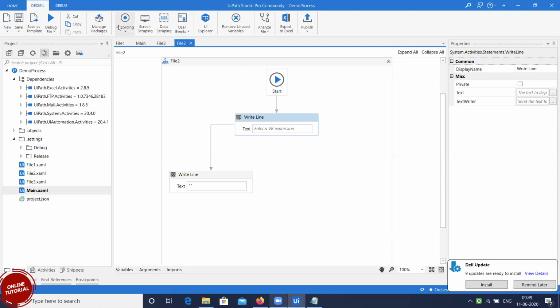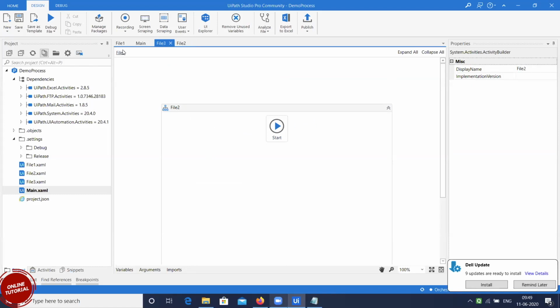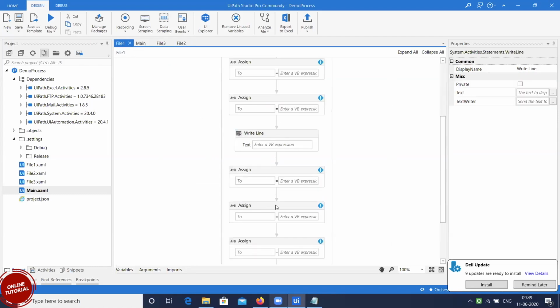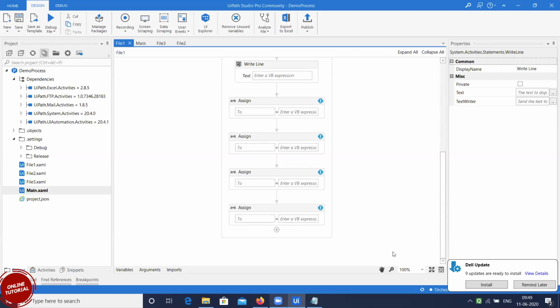Now next are these three, which are individual topics that will come separately. I'll tell you what these three are about. Recording is just like how we are doing the steps manually currently. Yesterday we did a process and showed it in the system by typing.